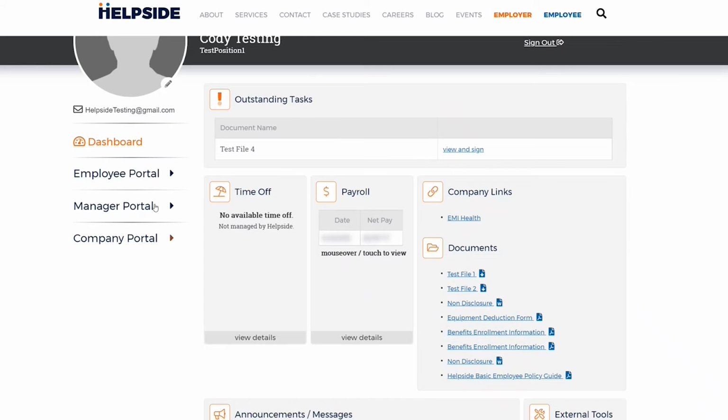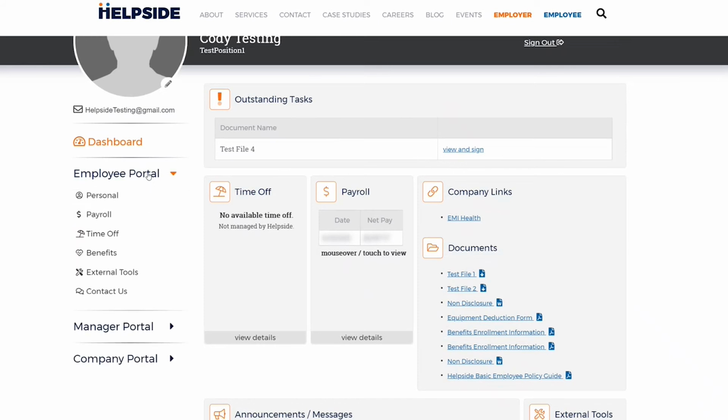Let's start with the employee portal. Click on the Employee Portal drop-down, and additional options will display.